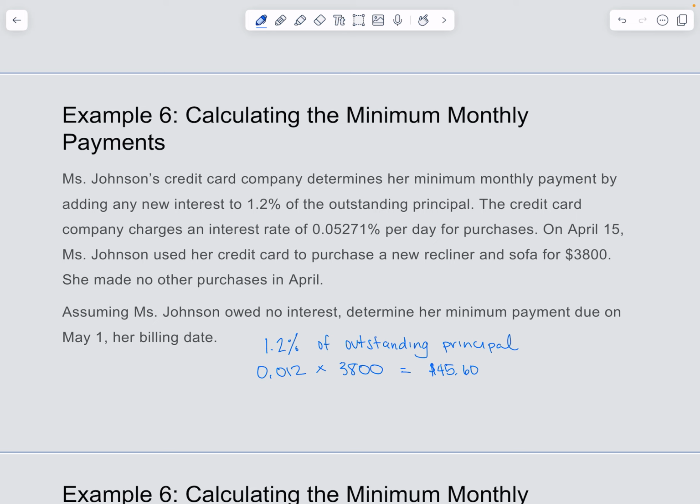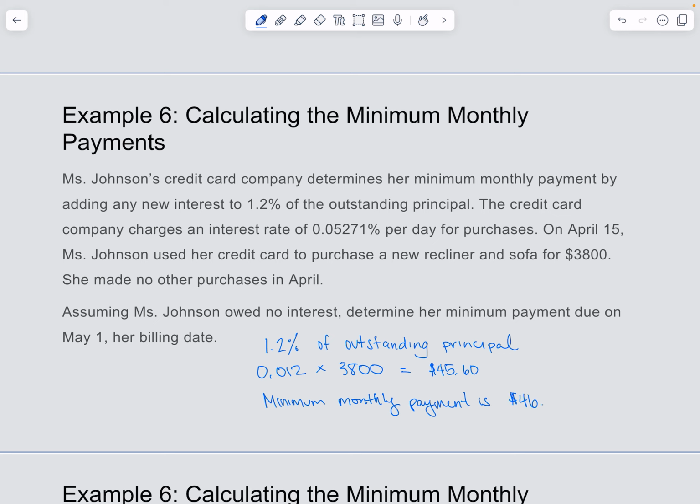Okay. So what I'm going to do is just round it up to $46 and say her minimum monthly payment